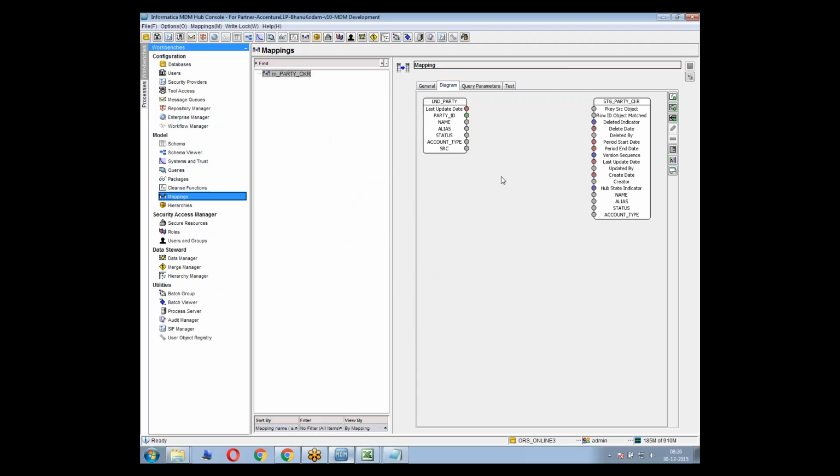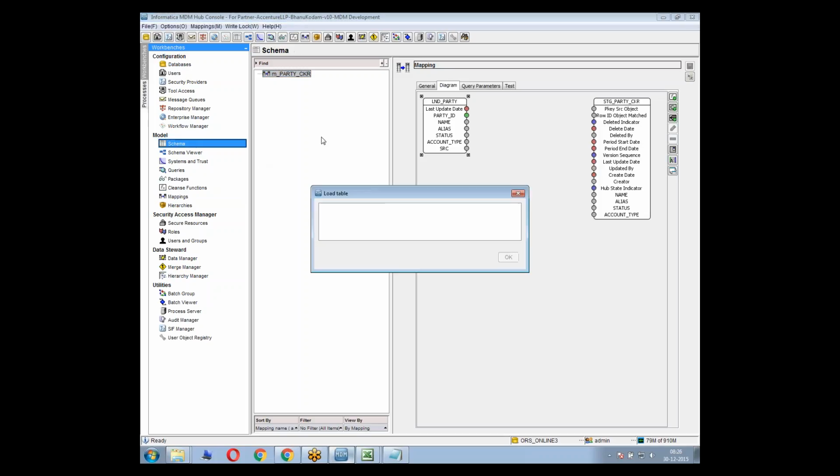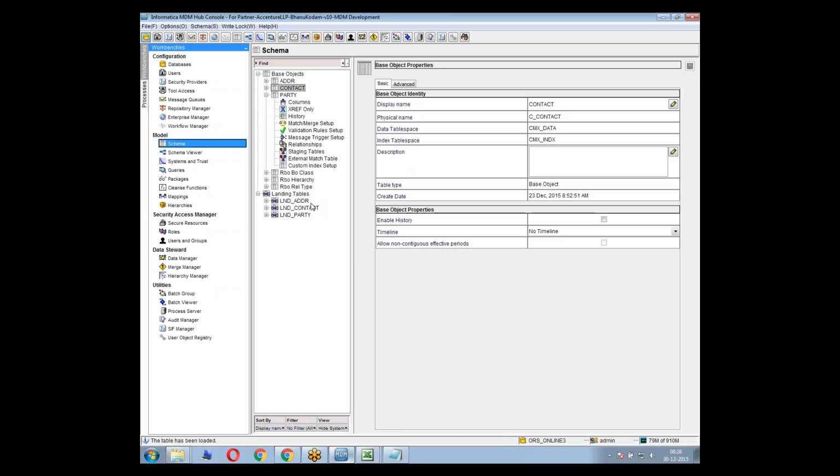Just see this. We are not going to work on this mapping right now. We are going to work on it later. But why is this party ID created in float? See, this party ID should not be in float. I told you in the last class that the party ID,